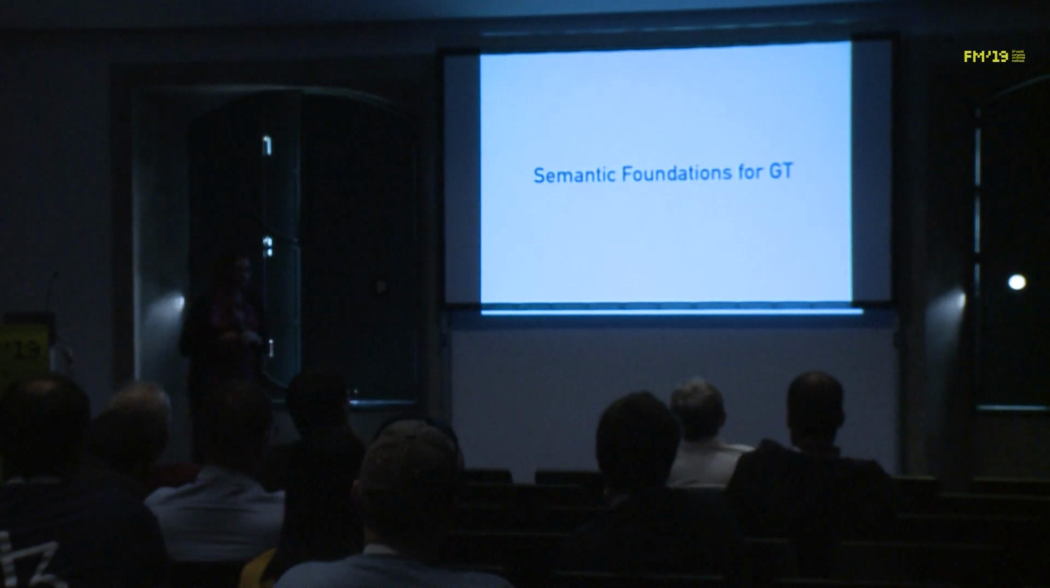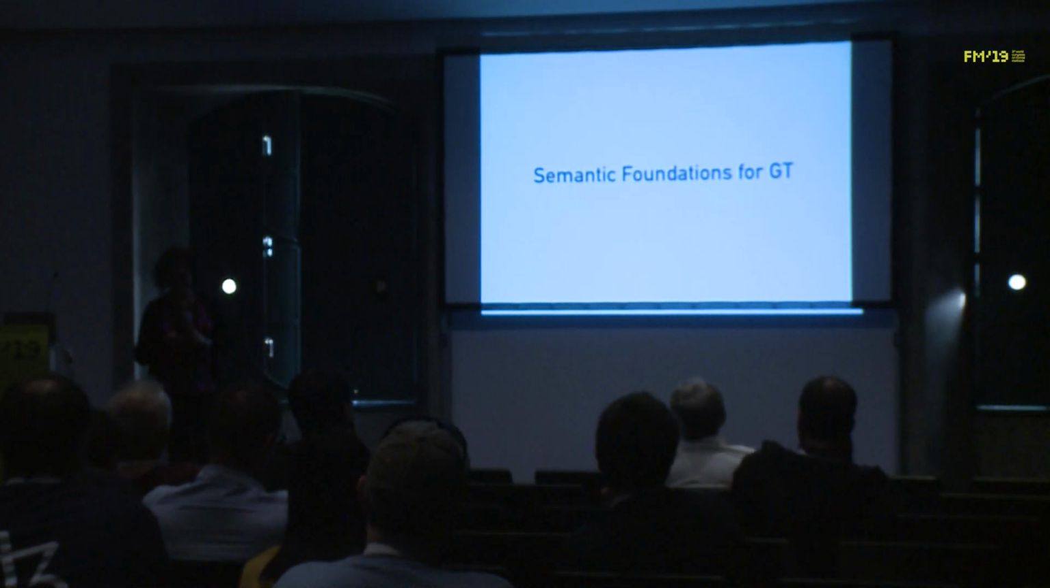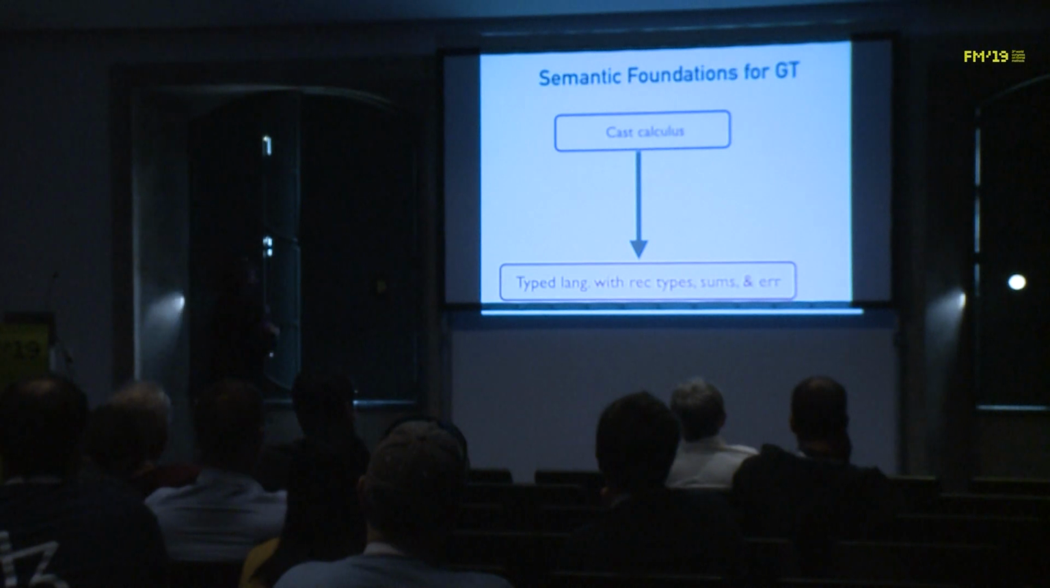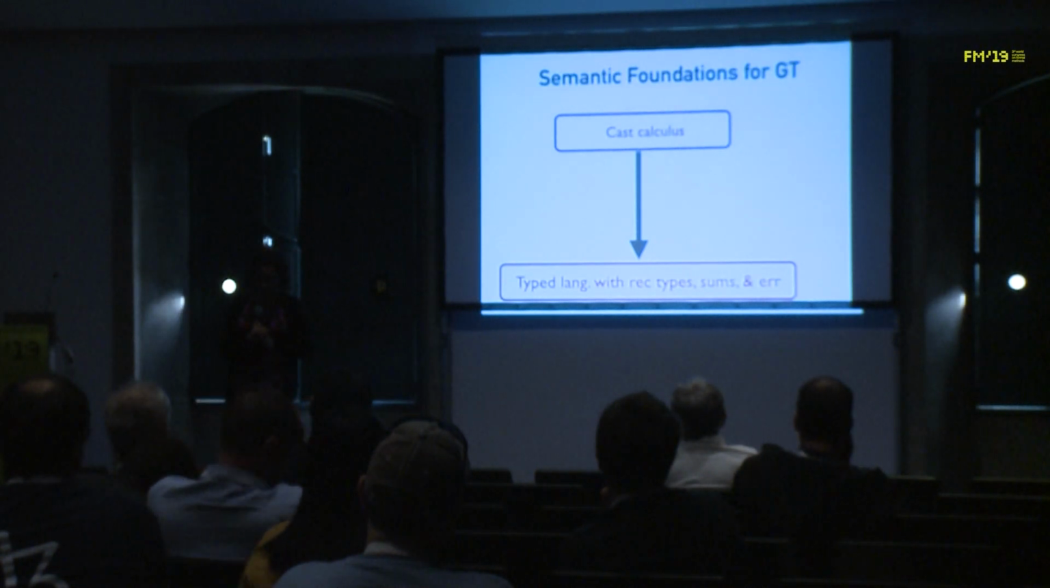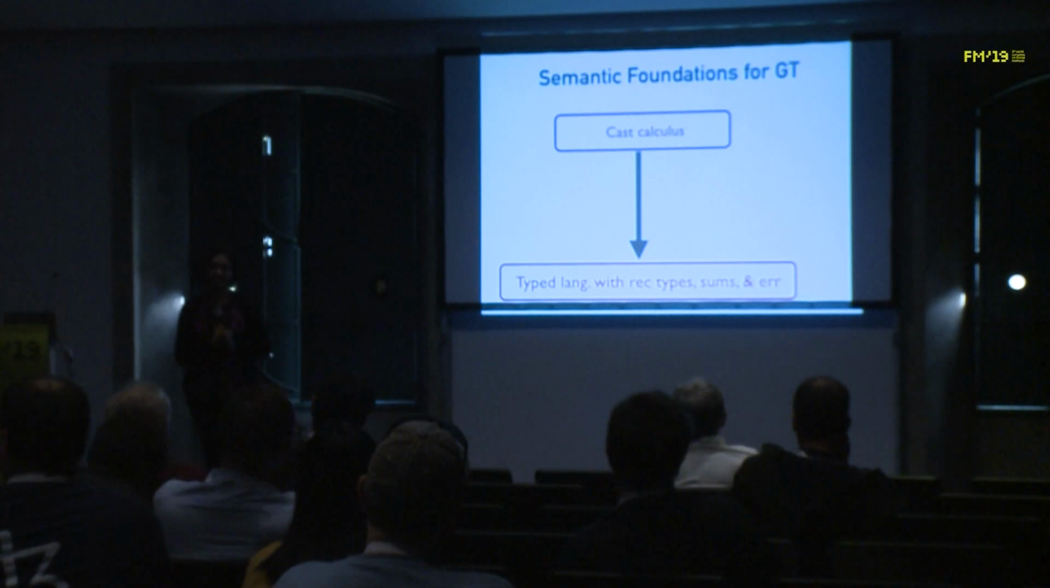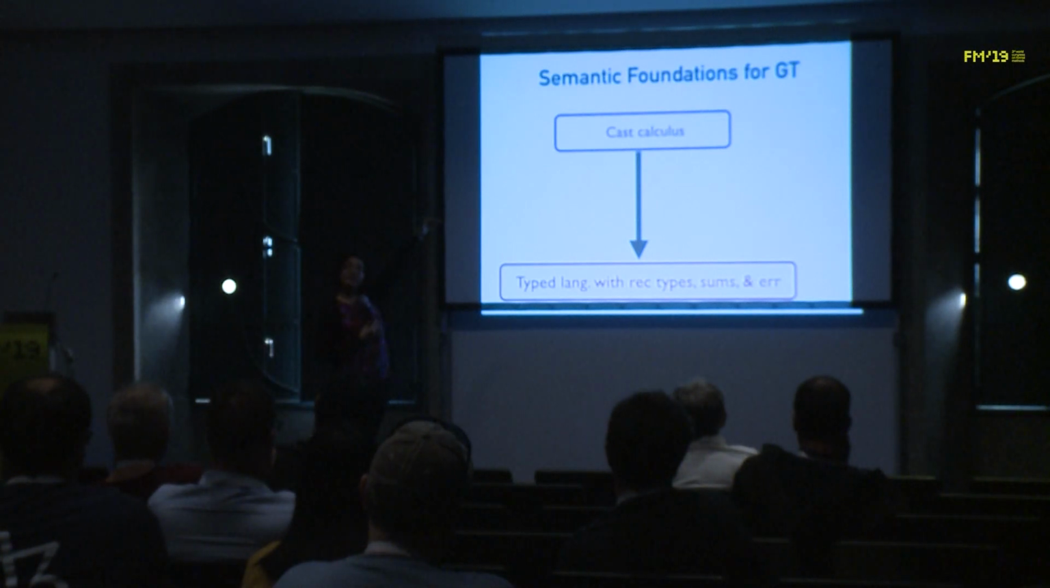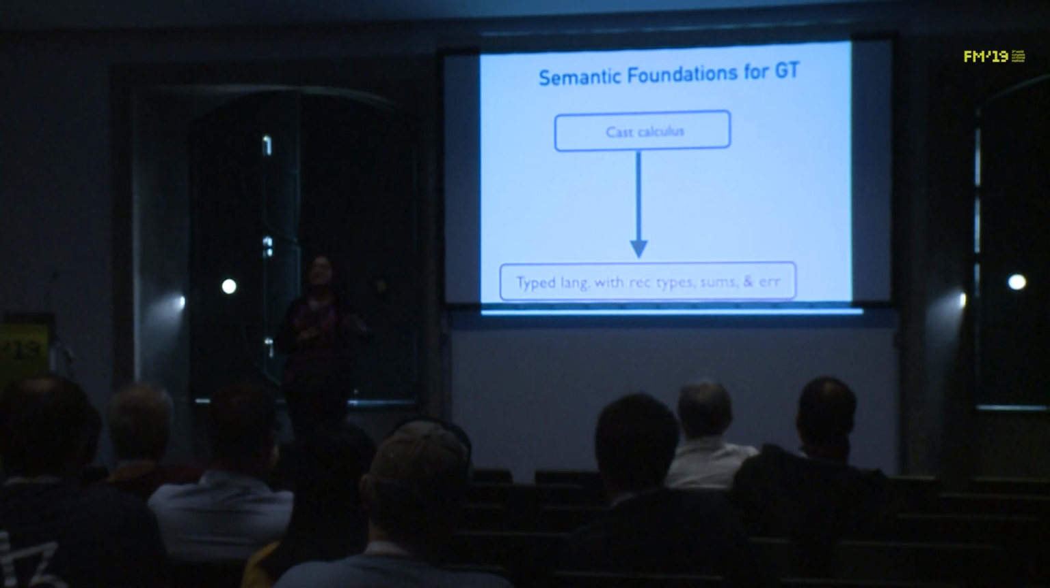Okay, so let's talk about semantic foundations. Here's how we think about semantic foundations for gradual typing. What I want to do is explain a cast calculus to you in terms of some simpler building blocks. Essentially, I'm going to do this by taking a cast calculus and translating it down into a typed